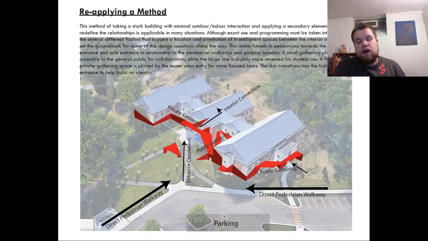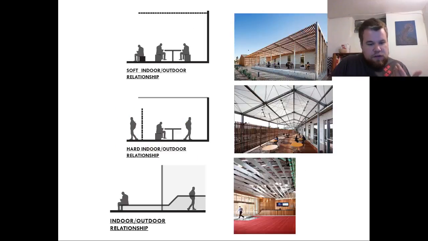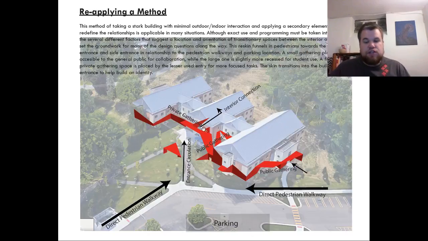Private gathering spaces would be offset from the pedestrian walkways, where the building occupants would be meeting more. There would be a hard separation between the public area and the private area, same as these conditions here. There would be a hard relationship and a soft relationship. The soft relationship would happen more here, where you expect people to be able to peel off of the walkway and interact with the building's inhabitants and residents more as a larger culture for the college than as something that just the building residents can go to and interact with each other. They can interact with the larger context and site and culture that they're embedded in.